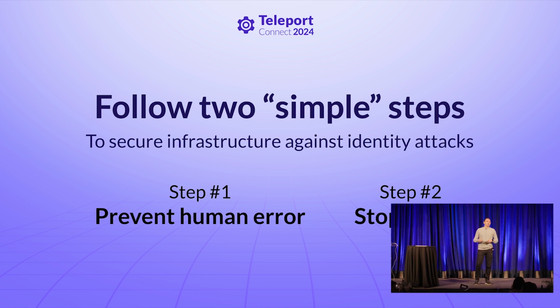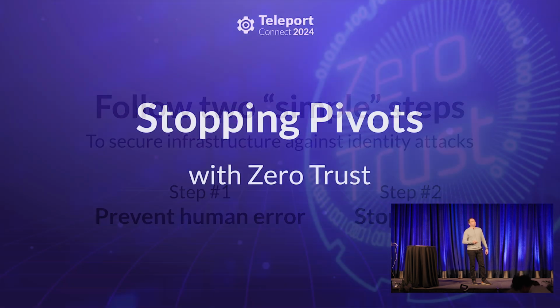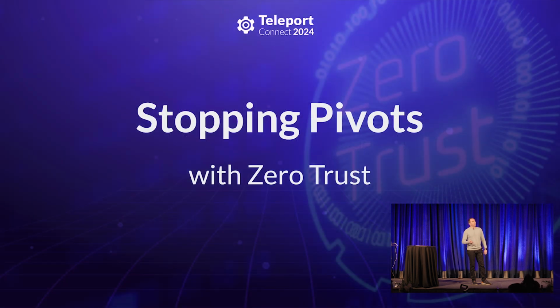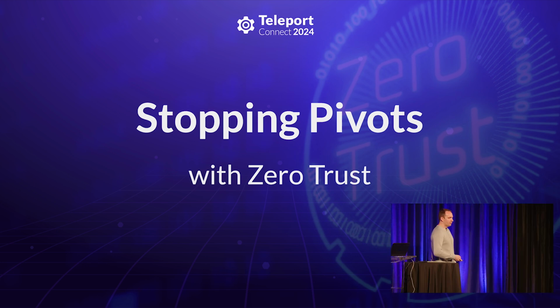We as an industry collectively, several years ago, in fact many years ago, it's not a new idea at all. I believe Google's paper was published in 2004 or 2005. So you stop pivots with what's commonly called zero trust. It's not a buzzword. It has a pretty decent definition that everyone can find, but for your convenience, I compressed it down to a very simple thing.